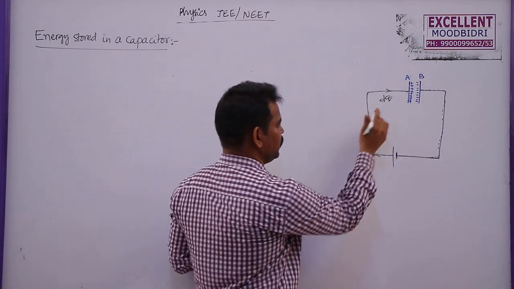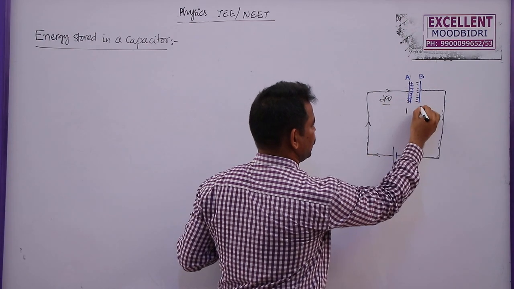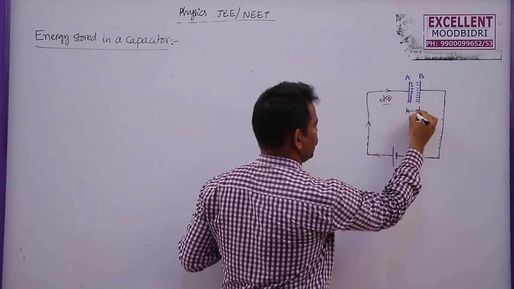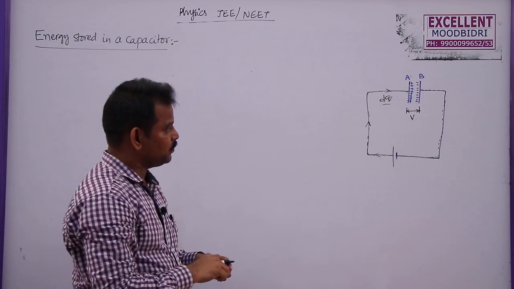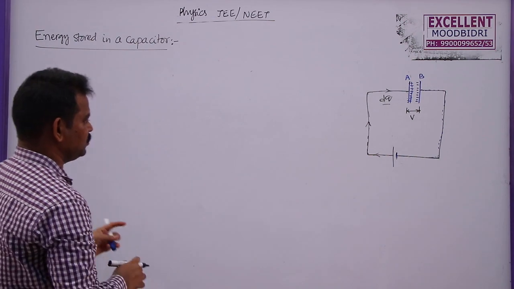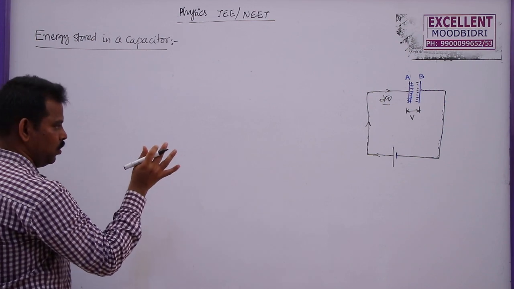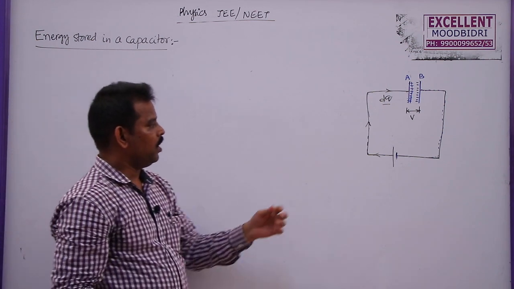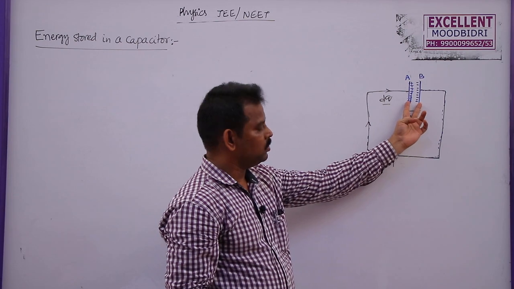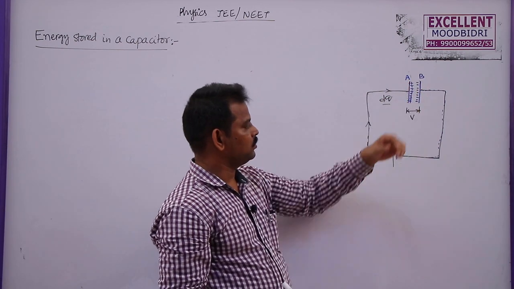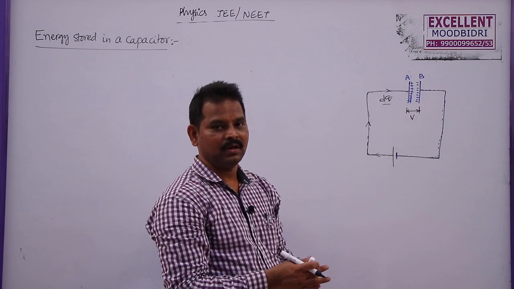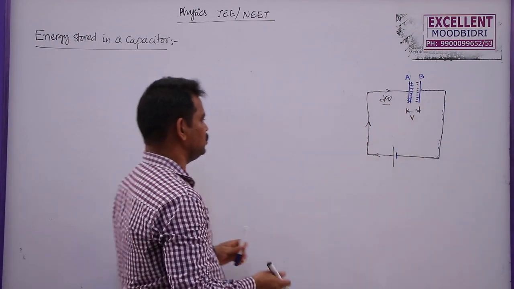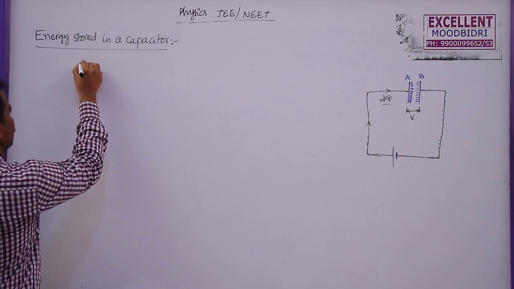So we are giving dq charge to the plates which are maintained at a potential difference of V. V is not the potential, this is the potential difference between the two plates of the capacitor. So what is the work done by the battery, and what is the energy stored in this capacitor? First of all, let me find out the work done to send these charges onto the plate. This work done will be stored as energy. So first let me find out the work done.